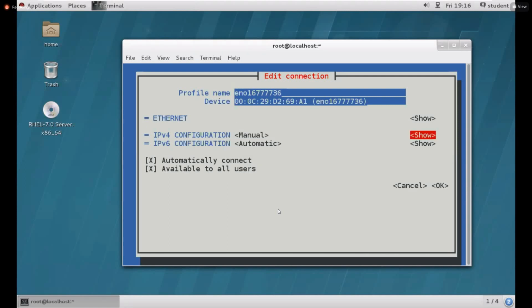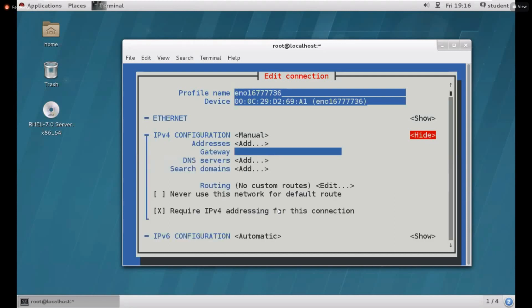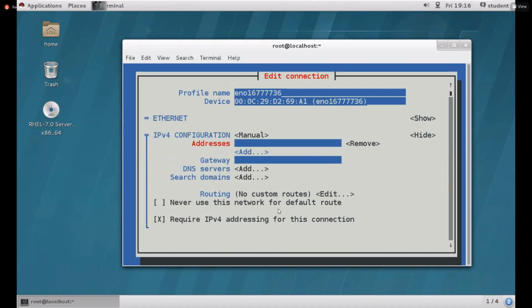Manual. Select show and then hit enter. Select addresses, then hit enter. Here I need to provide the IP address. 10.0.0.11 by how much? 11 by